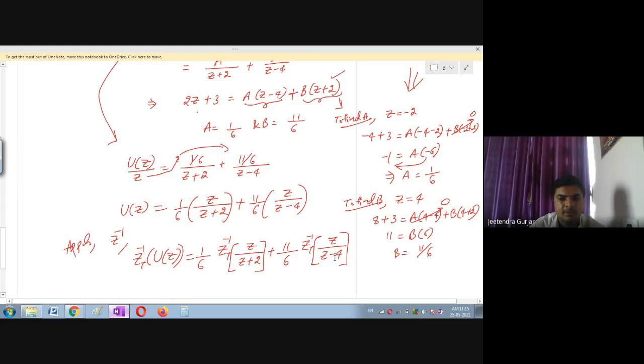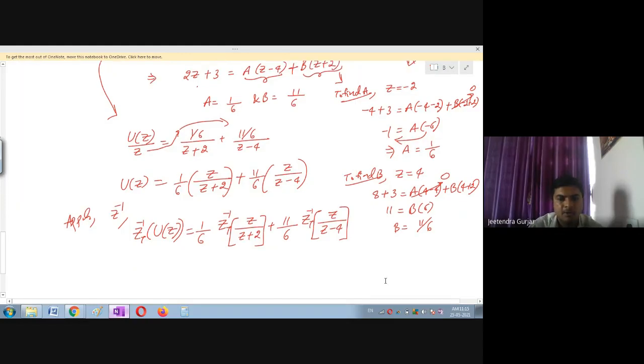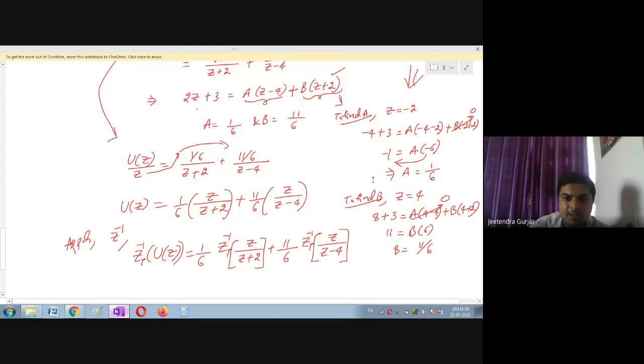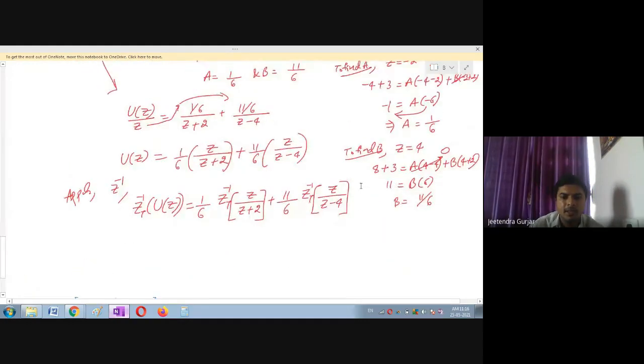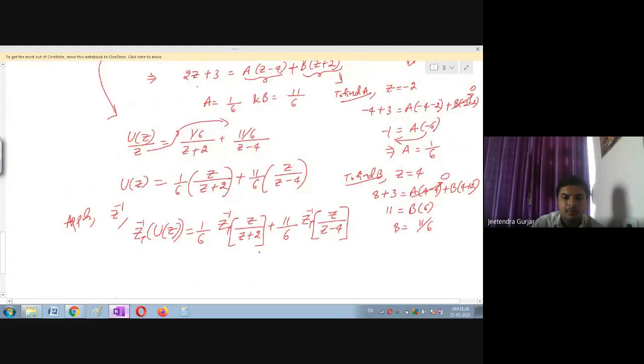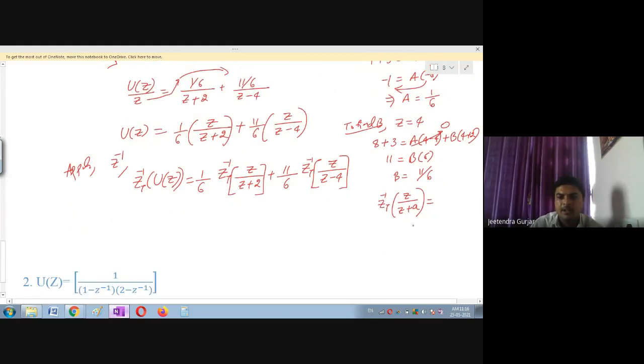Any doubt, please ask me, students, now only. Don't keep your doubts in your mind. If you don't understand, tell me, I will repeat once again. Okay, so if you are perfect in partial fractions, this is very important. Okay, then now you tell me what is the answer. That is inverse z transform of z divided by z plus a. This formula you should know from the formula, and you are going to use the formula I'm writing on the right hand side.